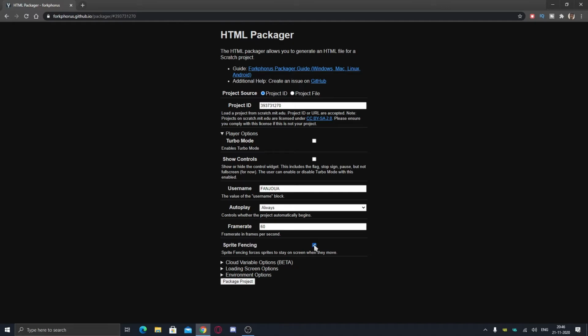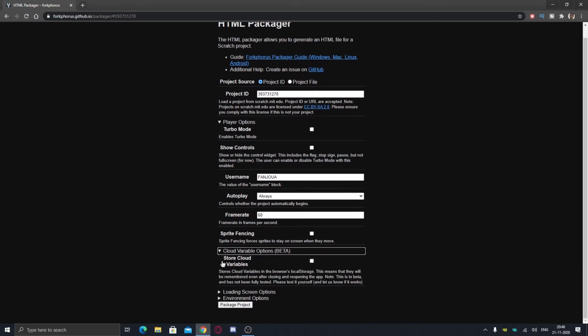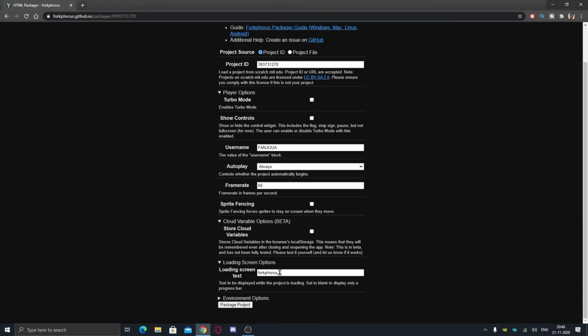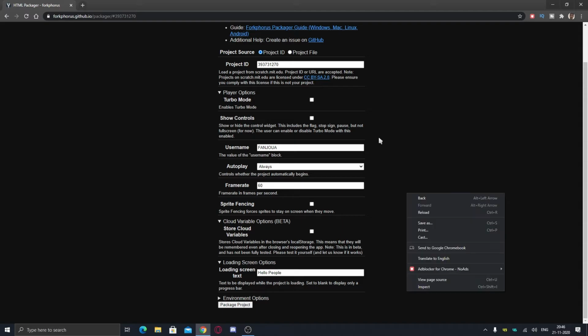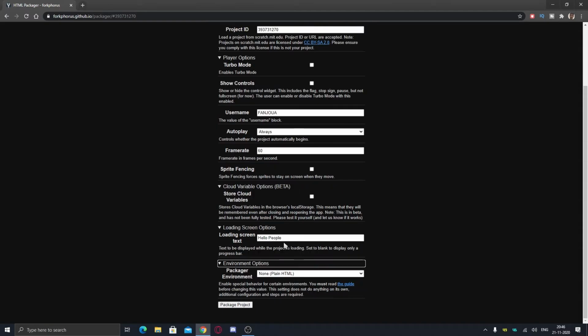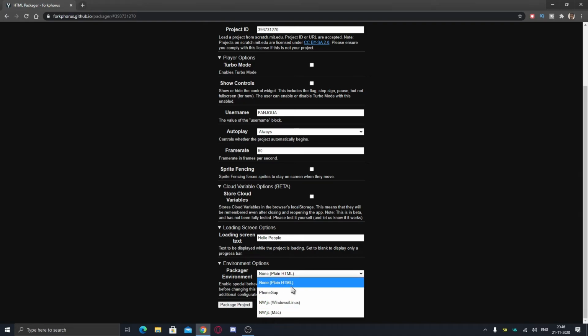And sprite fencing if you want. This forces sprites to stay on the screen when they move, so you cannot make scrolling projects easily. So you can just disable this, and you can have cloud variables stored on the computer. Then you can have a loading screen, like if you want something else here, like hello people, instead of Phosphorus, you can write here. Then you have the environment option if you want a different type of HTML, like for the nw.js